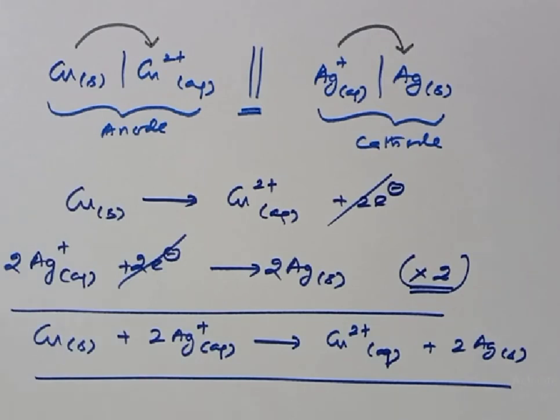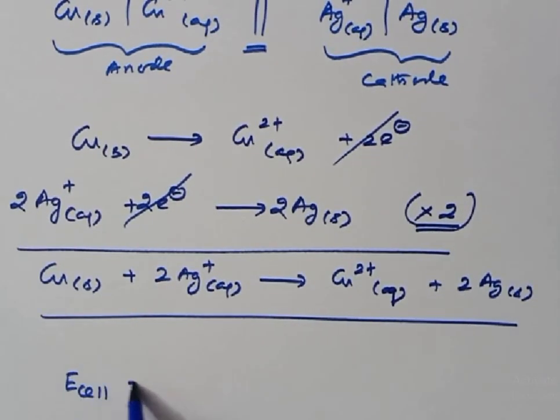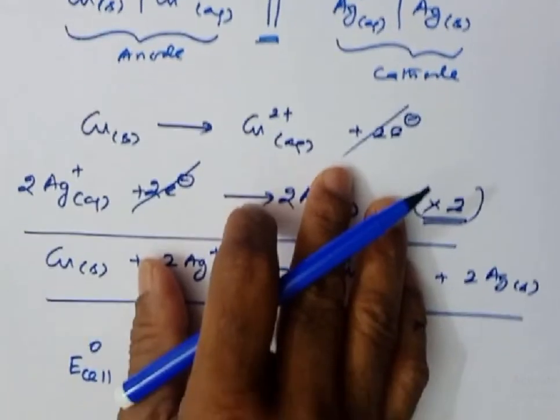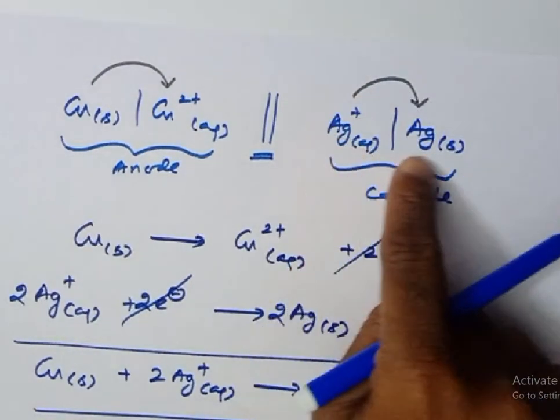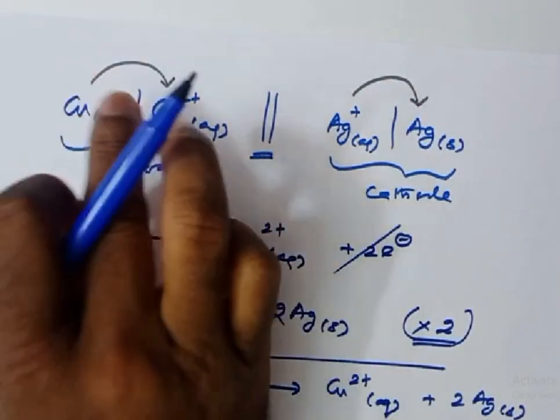Students, it's very simple. If the cell representation is given, you can write the cell potential directly. See here, I'll write the standard cell potential first. Don't worry about whether the concentration is given as 1 molar or not. Standard cell potential you can always write directly. How? Standard cell potential is nothing but the standard reduction potential of the cathode minus the standard reduction potential of the